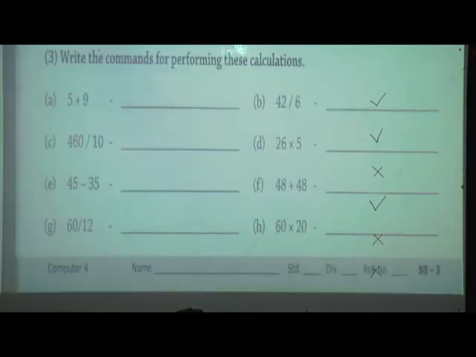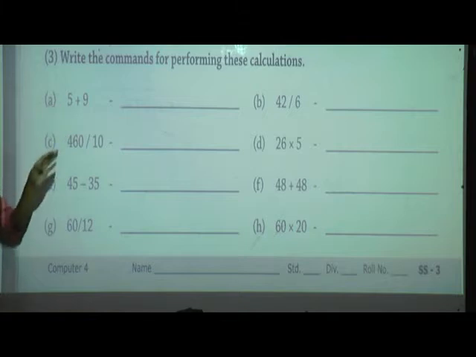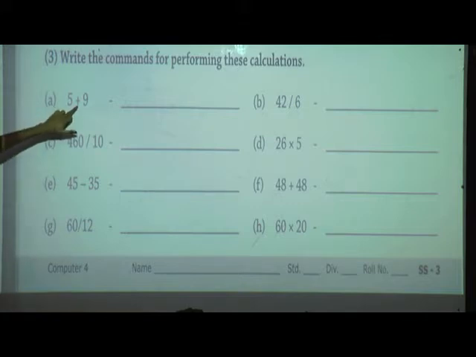Now the next one. What is the third number question? Write the commands for performing this calculation. If you want to do this calculation in Logo, which command do we have to pass to Logo so that our output will be displayed? Which sign is it? If you want to do addition, then what is the command for this addition?